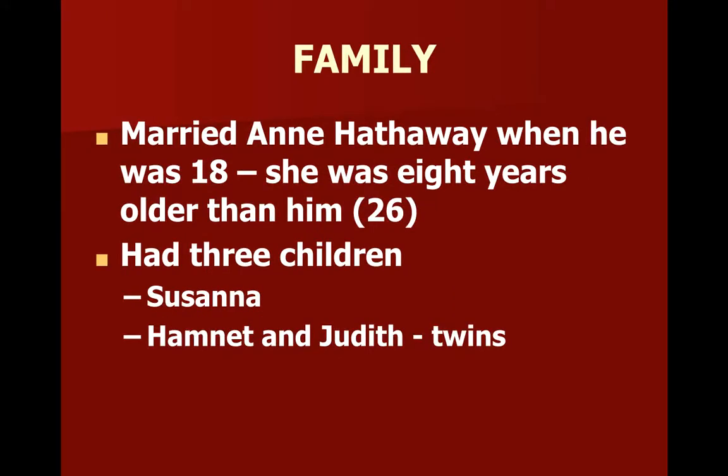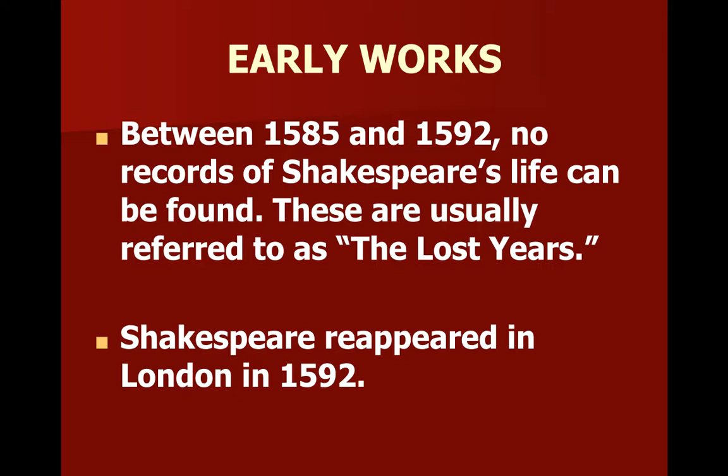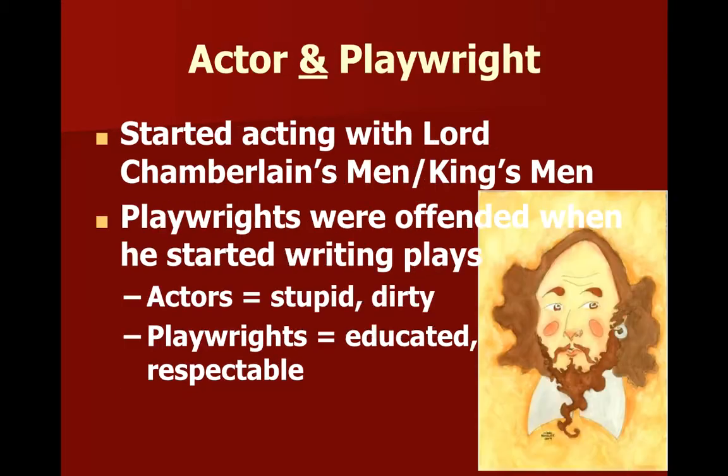At the age of 18, he was married to Anne Hathaway. She was 8 years older than him, kind of an oddity to marry a woman that is older than you, especially in the 1500s. He had 3 children. We wrote about these in our notes on Friday from Shakespeare in the Classroom. We know that very limited stuff is talked about him. The first time that we see his name in print is in 1592, and according to Shakespeare in the Classroom, his name was put into print because someone was critiquing him in a negative way.